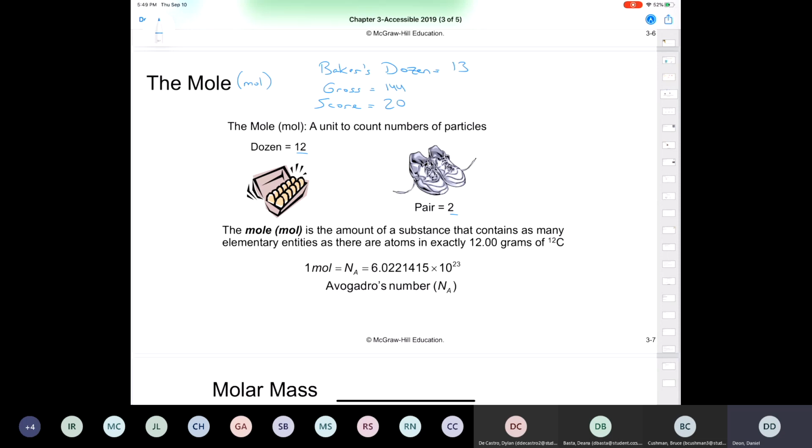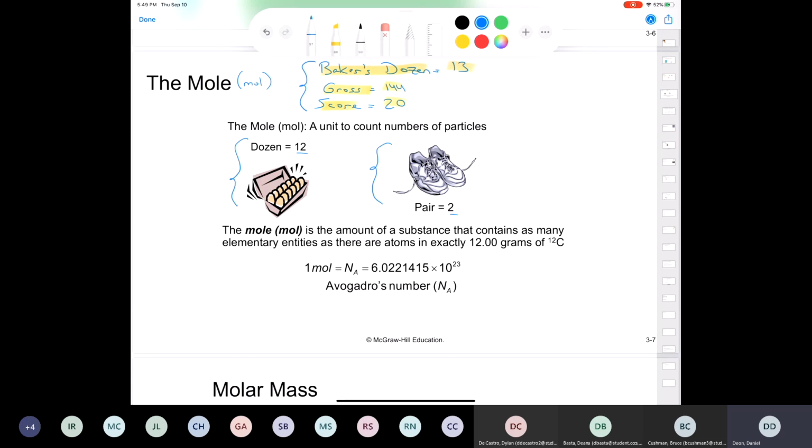So you're like, well, what's your point, Mr. Dion? My point is this: there are words that we use in our everyday parlance to represent numbers, all the time. So a mole is nothing more than a word, just like all of these, a dozen, a pair, a triplet, nothing more than that. It's just that a mole is a really big number. And that number is this number right here,